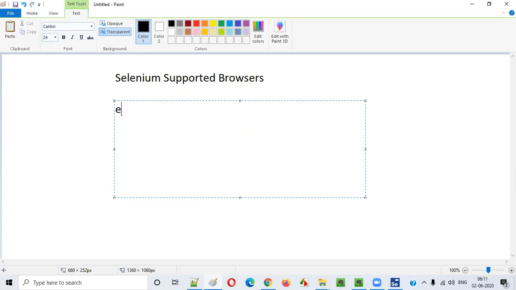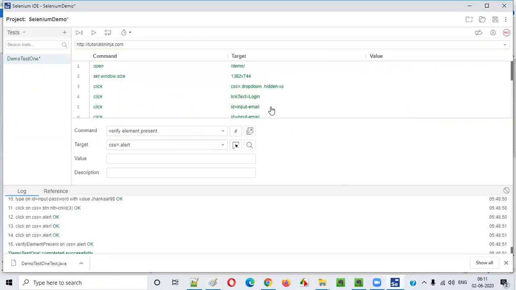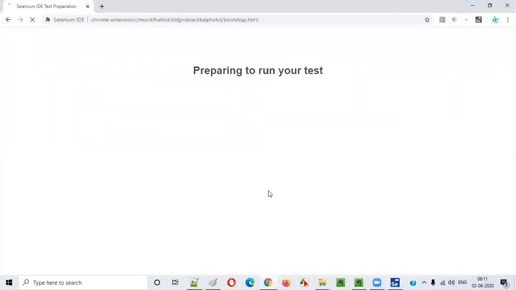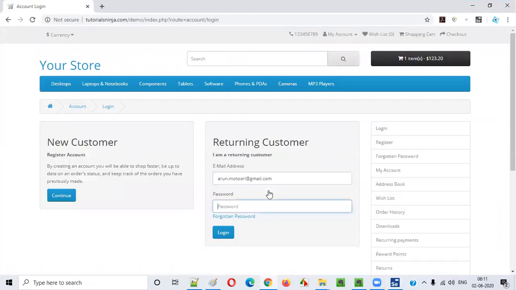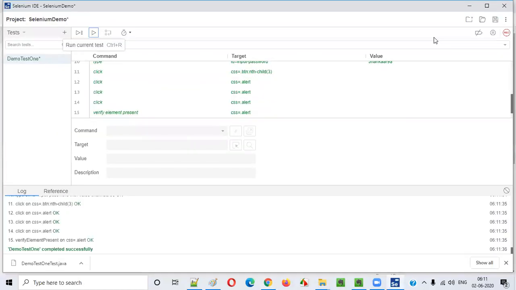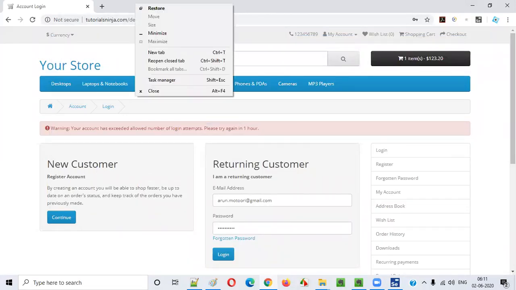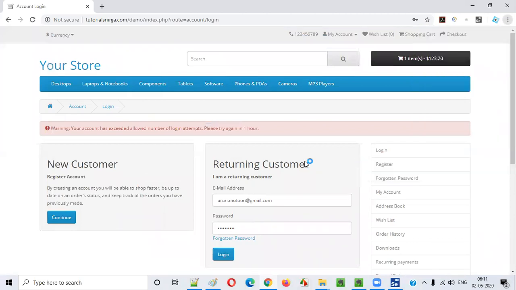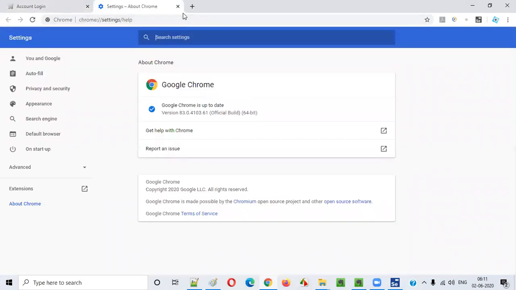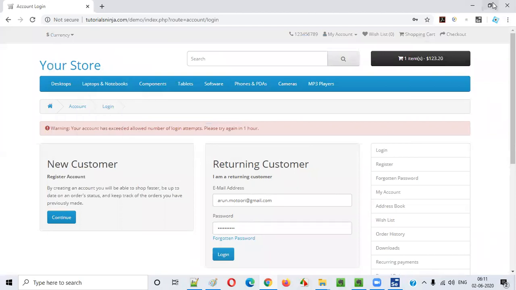So it's all about executing the tests. Earlier, when I used the Selenium IDE tool for demonstration purposes, when I click on this, which browser is opening? In which browser are our tests running? Yes, that is a Chrome browser. Whatever you are seeing on the screen is a Chrome browser. I can go to Help and About Google Chrome. So this is a Google Chrome browser, and in it our tests are automatically running.